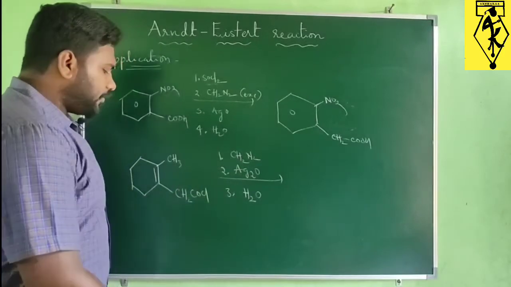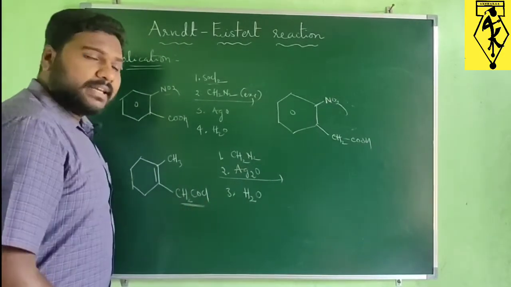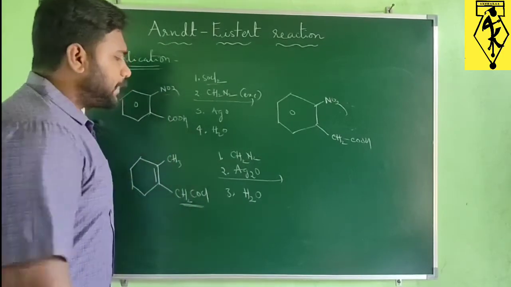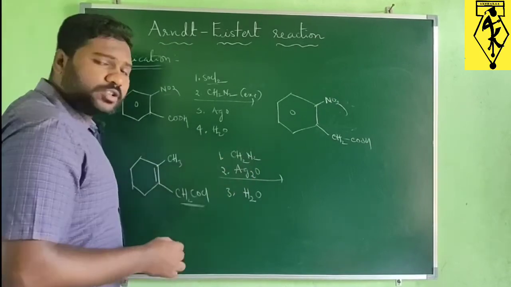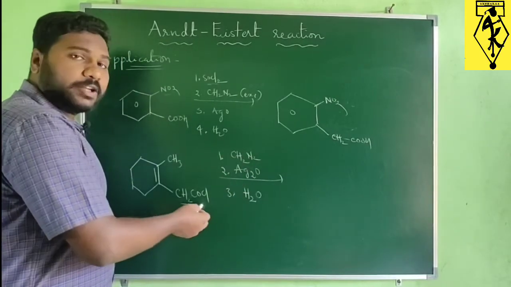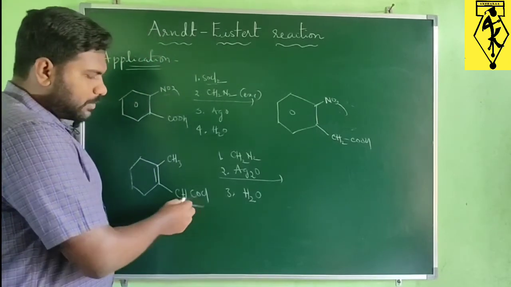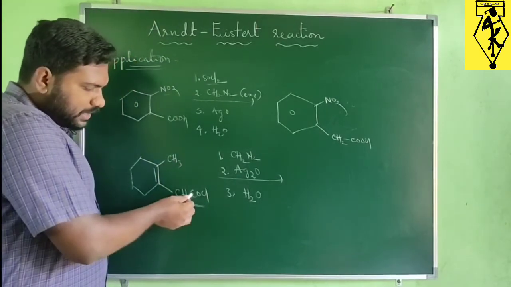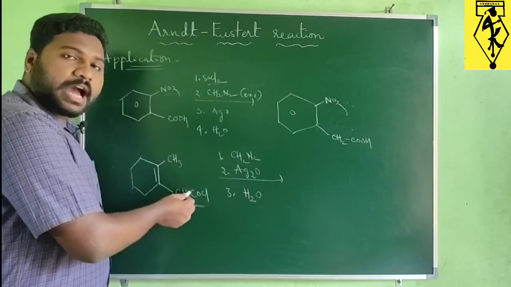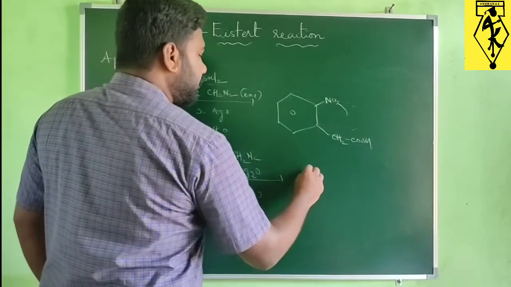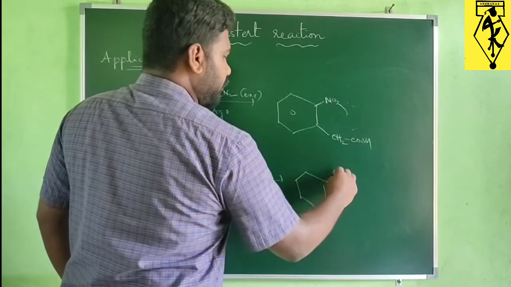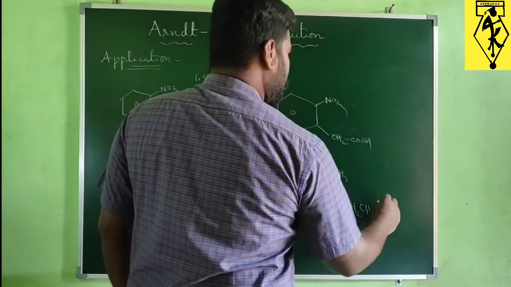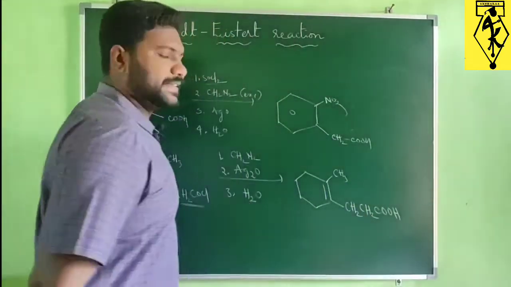And for this reaction, if you observe here, instead of giving carboxylic acid, directly they have given acid chloride. So still it is an Arndt-Eistert reaction, and this diazomethane is going to convert this entire group into diazoketone. So already two carbons are there, we just have to insert one methylene group here. Where do we need to insert? Just between this carbon and this carbon. So between these two carbons we have to insert one CH2 group. So that is the product. So C double bond O, CH3, CH2, CH2, COOH. This is the product.